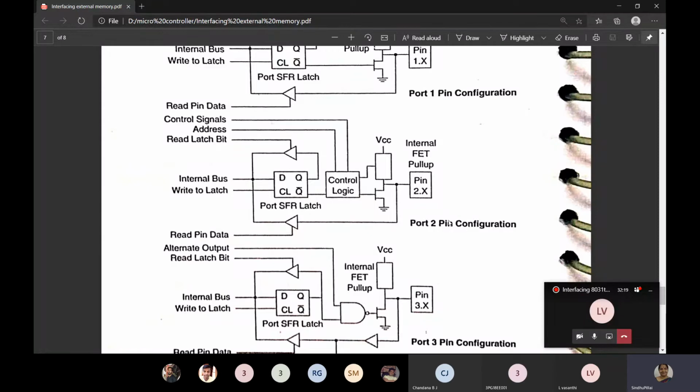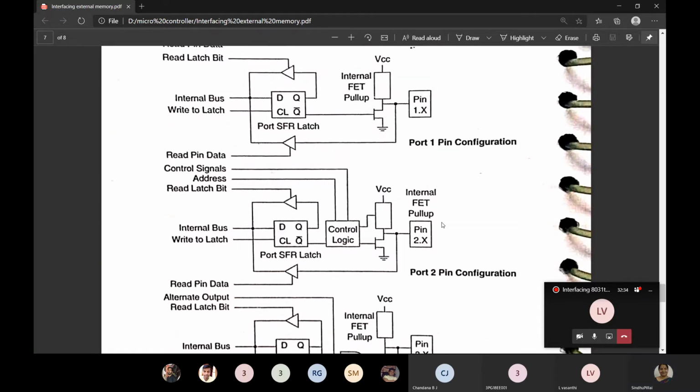They have not asked this question, it is only to get knowledge of what these IO ports are, how they are used, and what their dual functions are. But remember the alternate functions of port 3. They are important to know.